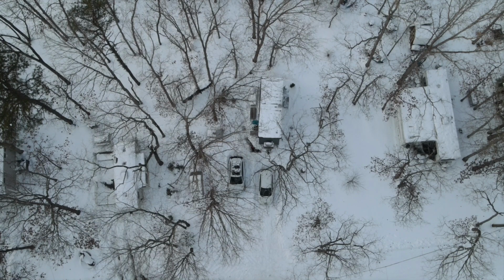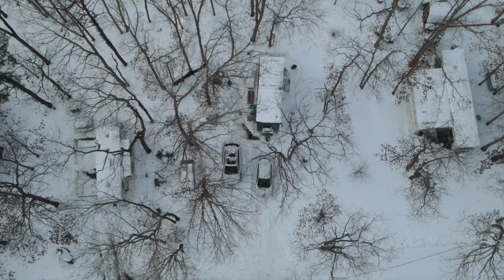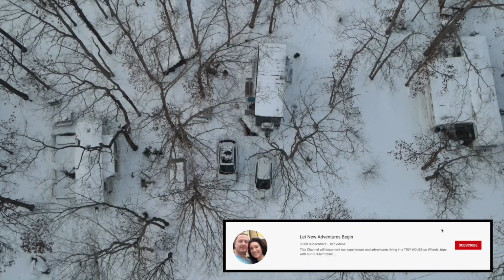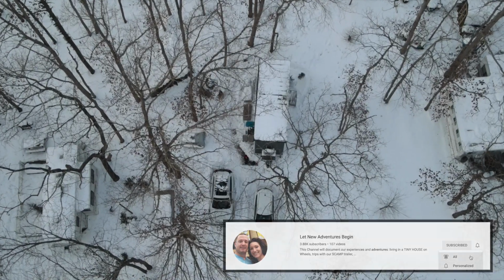This is our tiny house on wheels. It was built in early 2016, and we've been living in it now for over 6 years. We have really enjoyed the tiny house lifestyle. It took some adjustments in the beginning, but overall we would say that the benefits definitely have outweighed the costs